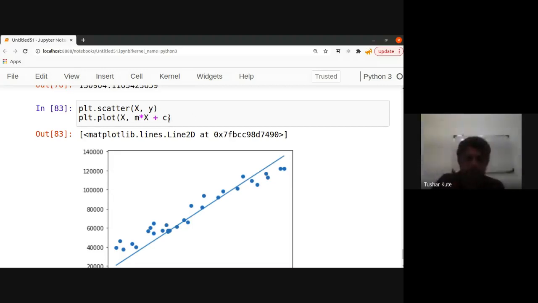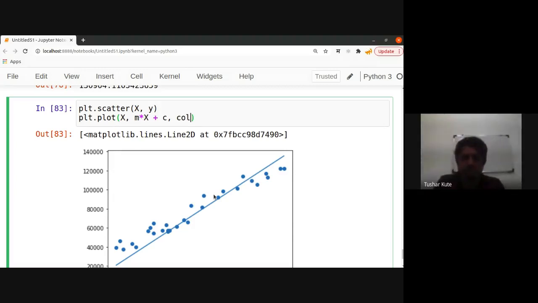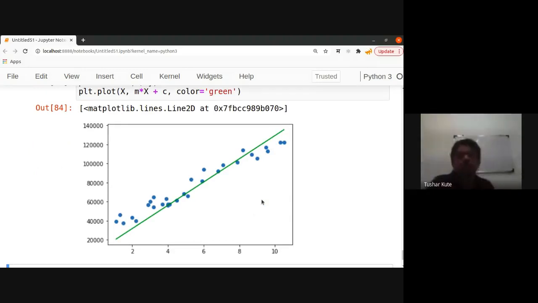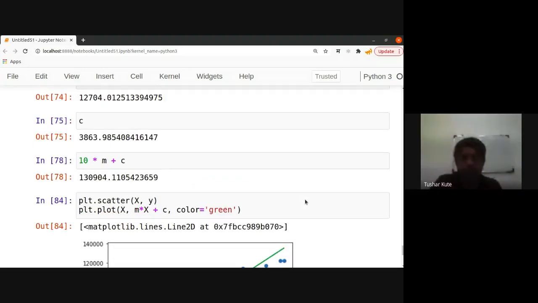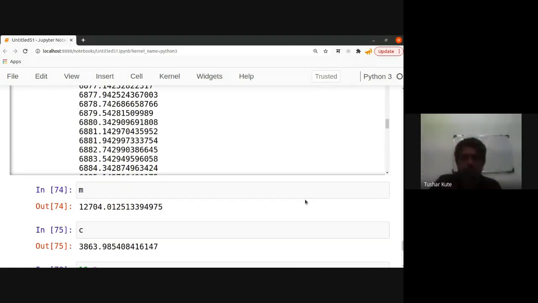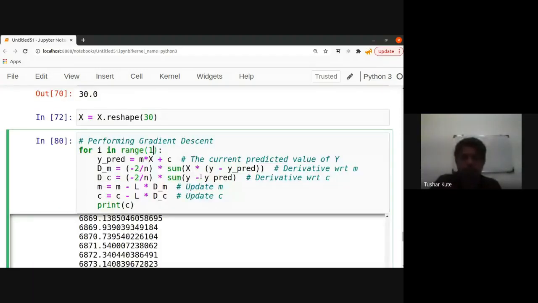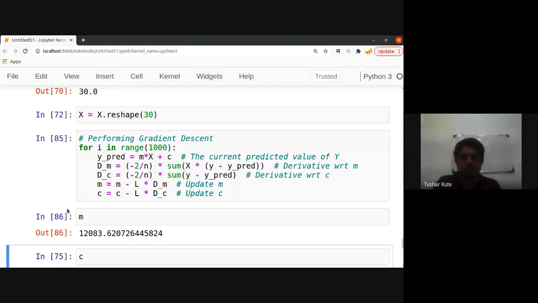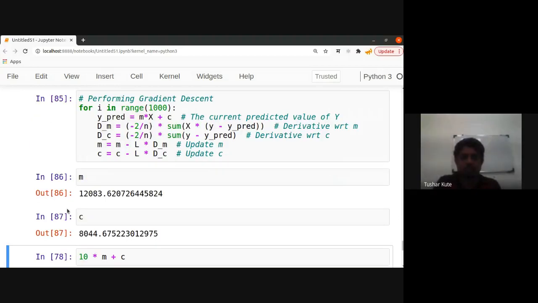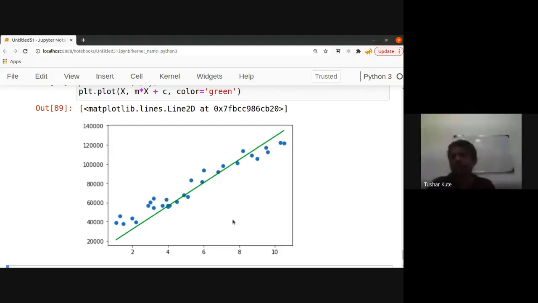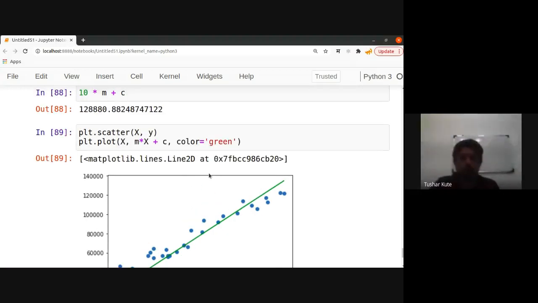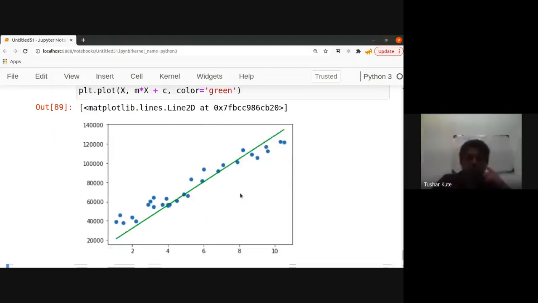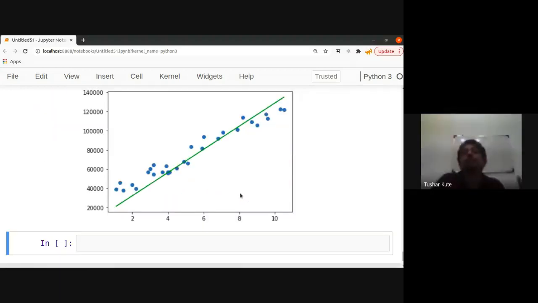Getting this? And here we'll put the color. The gradient descent line is like that. With 2000 epochs I have mentioned; if you just decrease the number of epochs here, then we will see what will happen. 1000 epochs I mentioned. Not much deviation, only small deviations we have got with the number of epochs. This is the line of best fit created with the help of the gradient descent algorithm.